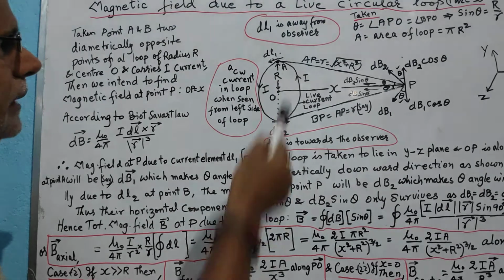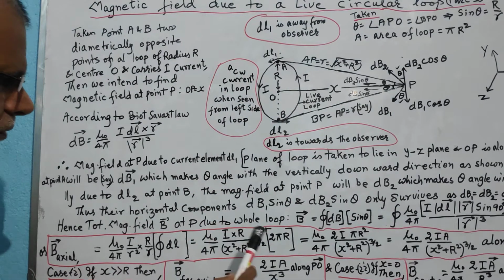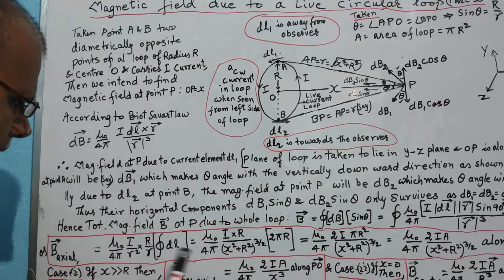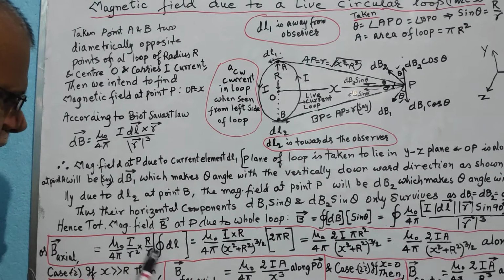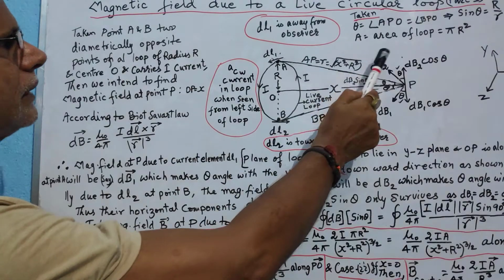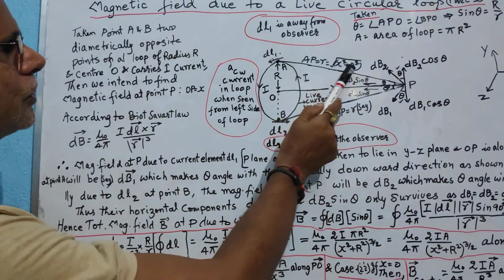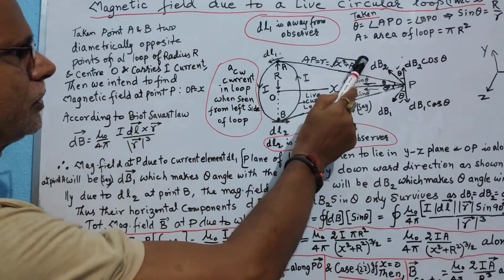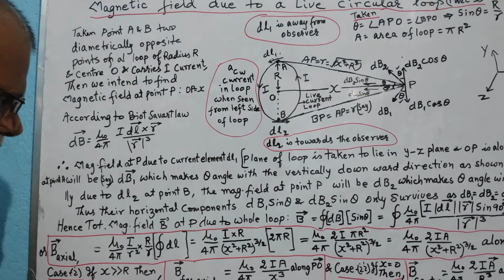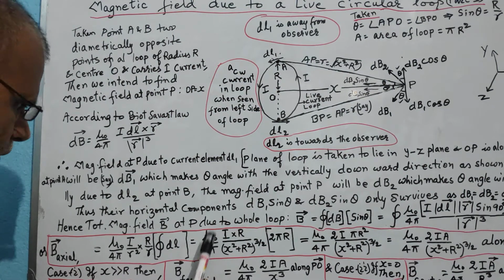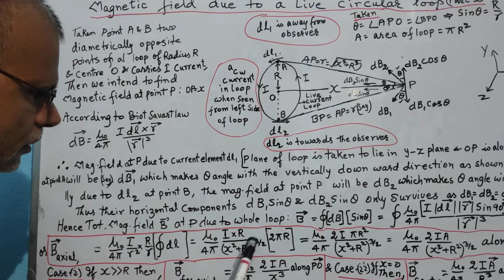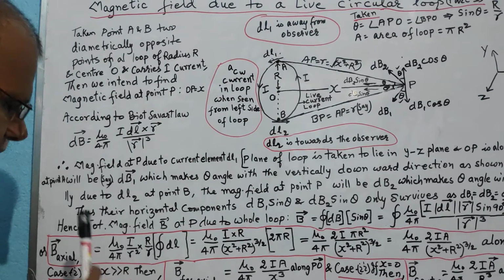It should be equal to the circumference of the loop. So on integration of dl, we have these terms. But for r cube, small r cube, you see r value is how much? It is the square root of x square plus r square, and to the power 3 means 3 by 2. So here you have mu 0 by 4 pi, I R, divided by r cube, which means x square plus r square whole to the power 3 by 2.